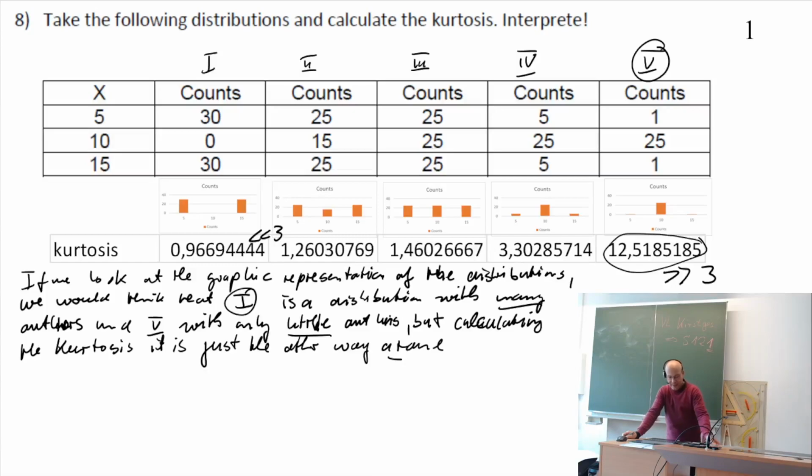Well, and the reason is, if we look at the formula of the kurtosis,